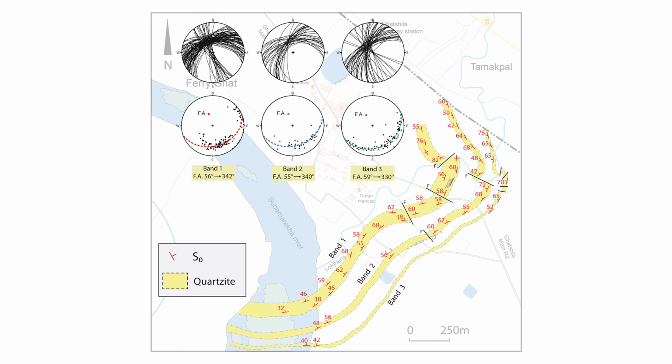And we see that the first, second and third quartzite bands do not have too much exposure, particularly the third quartzite band, but we still can guess and connect some dotted lines to get the general idea of how these three quartzite bands are deformed in this region. At the end of this lecture series, we will take all these data, compare with Ferrighat and some other regions and figure out the overall deformation of this region.